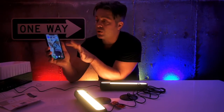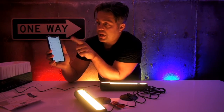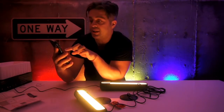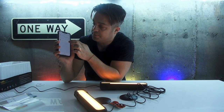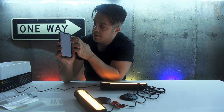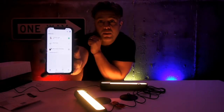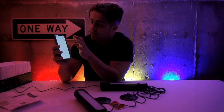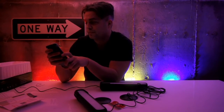But you can easily also go to the app, and you're gonna see that I already have a couple of items right here that I'm working with. Let's say even those lights that I turn on in the studio, I do it from this application, but I'm gonna shut them off because I don't need them at the moment. Right now I'm working with the ambient light. I'm gonna shut them down and I'm gonna turn them on one more time